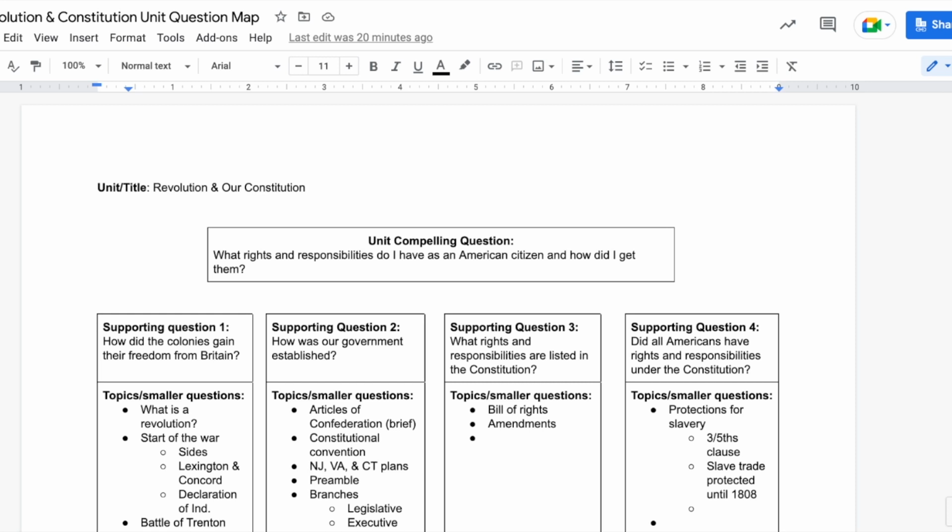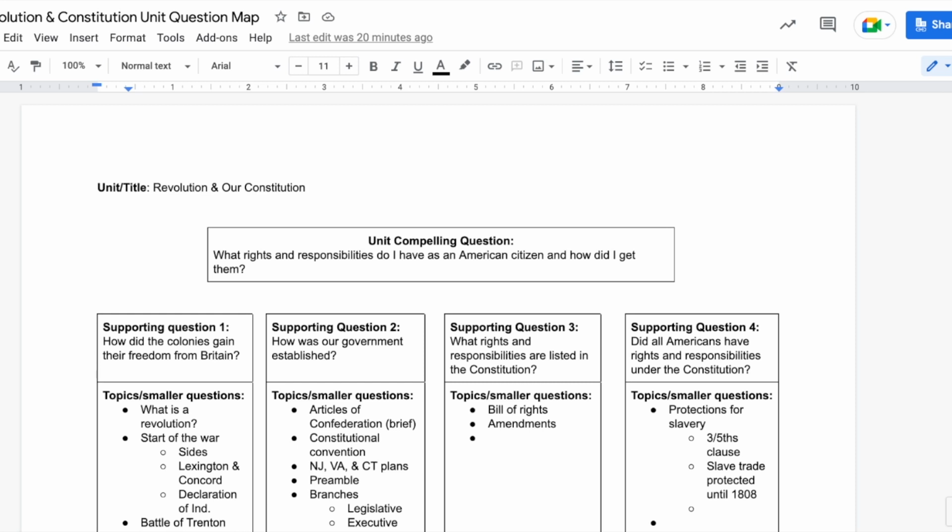As you can see at the top, the compelling question for this unit is: what rights and responsibilities do I have as an American citizen, and how did I get them? This is a pretty wide question, as it should be, since compelling questions are meant to be the overall focus of the unit. Note that the 4 supporting questions all link back to topics that will help the students answer